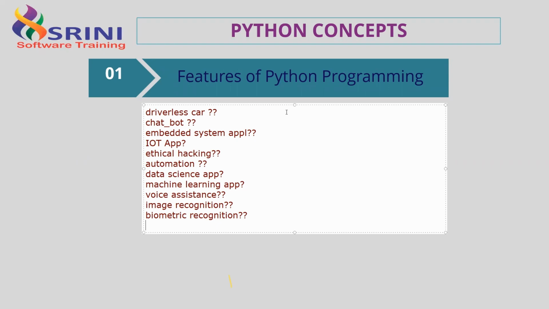Clear? Yes, yes. So when compared with the features of the programming, Python programming language, all these applications can be made only with Python. What are the features that have been provided? That in an elaborated manner, I'll talk about in the subsequent classes. Today, I'll just be giving you why you are supposed to choose Python, automation, data science, machine learning subjects. If you choose, what's the scope of your life? How long is the technology going to be sustained in the market? That importance I would like to give today. I'm not going to give elaborated programming or anything else today. It's not the right time also. Yes or no?